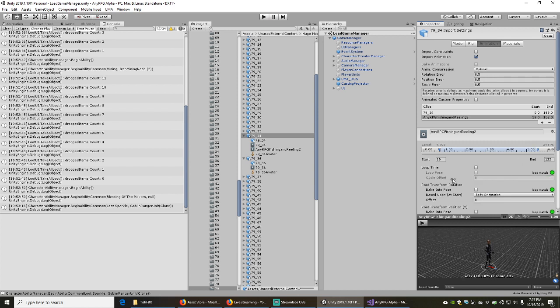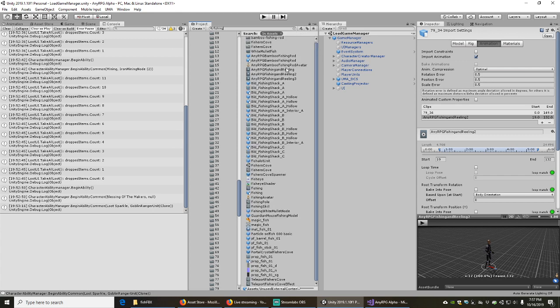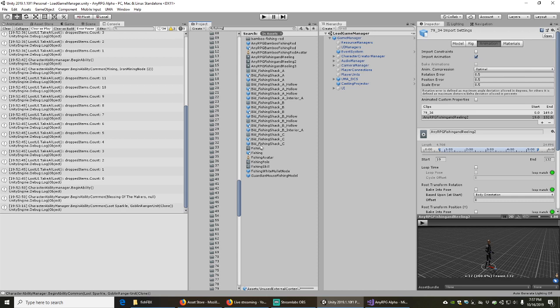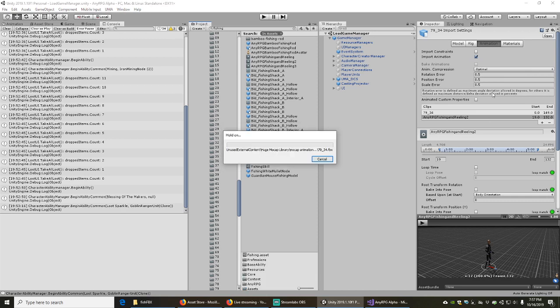Okay, so now this animation is 4 seconds and 17 frames, which is about 4.3, maybe 4.6. We'll call it 4.5 seconds. So if we go into the fishing ability here,